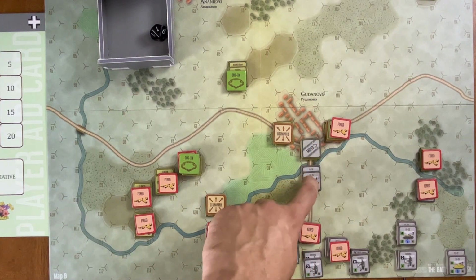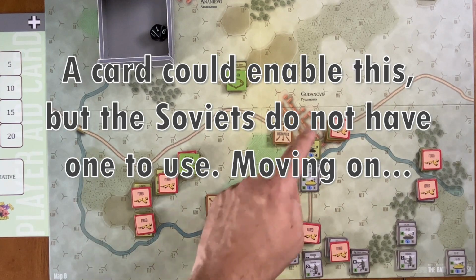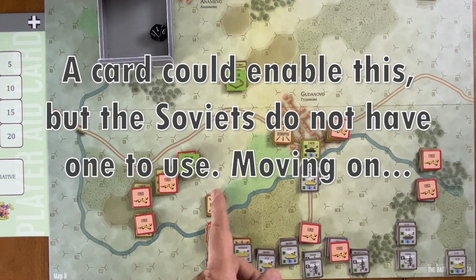So when they're here, they're going to do opportunity fire. So I'm just going to take this away because it's going to become a fired marker. So again, they have an 8. It's a 4 and with a -1 DRM. So the 8 minus 4 is...